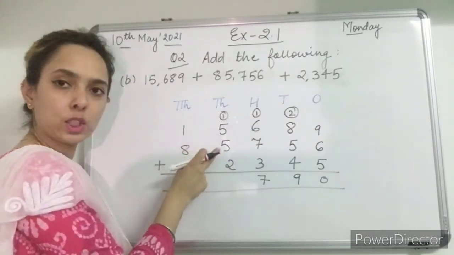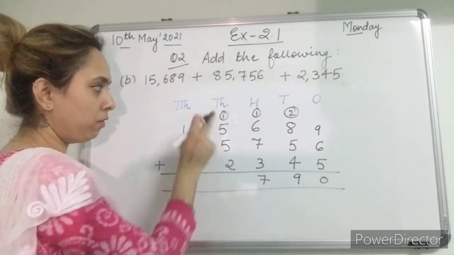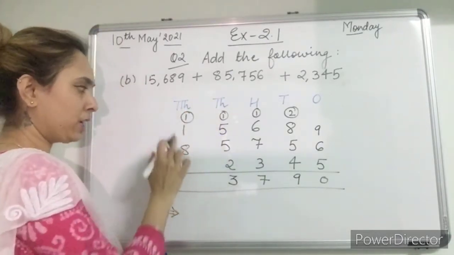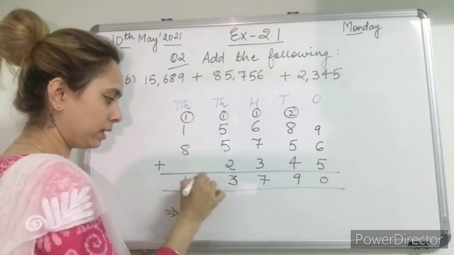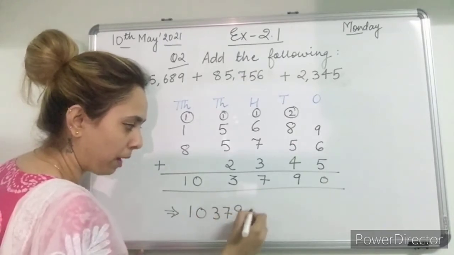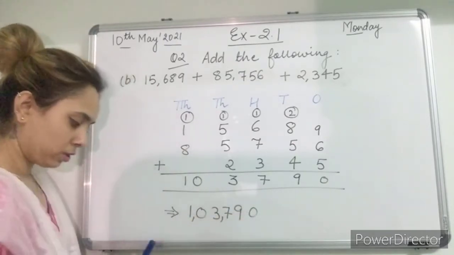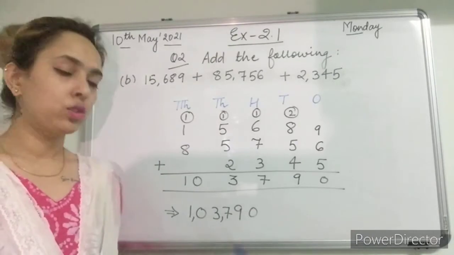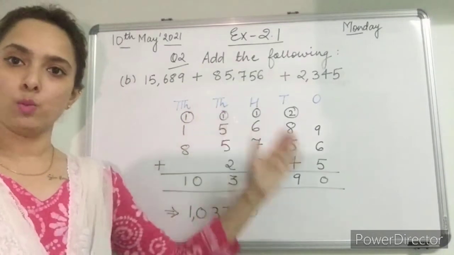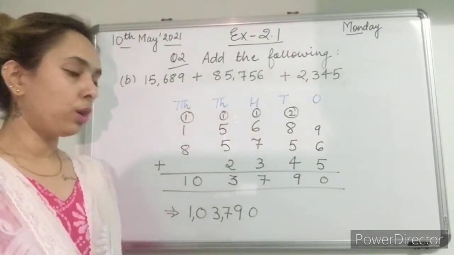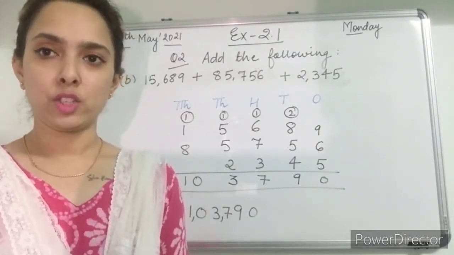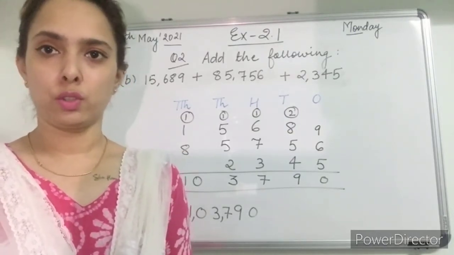5 plus 5 is 10. 10 plus 2 is 12 plus 1, 13. 1 will be carried over. 9, 8 plus 1 is 10. So we will write the answer by putting commas. So this is the answer, 1,03,719. So in this way you are going to do your work, students, and you will use black pen for your questions and blue pen for your solutions.